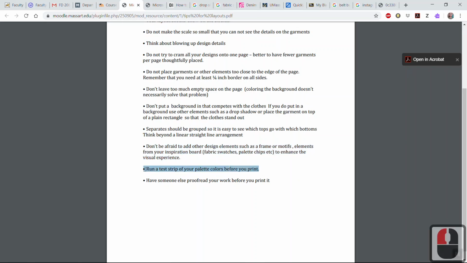Something I really do want to stress today, and I wish that we could print out in class for you to see that for sure, is that there's a big difference in colors on the screen versus colors that come out of the printer. The best option for you, in order for you not to be defending color choices with excuses like the screen color looked different on the screen, is to run a test strip of your palette colors